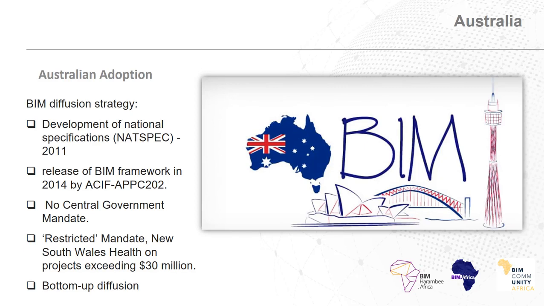Australia also falls into the category of countries with an advanced framework for managing construction using BIM, along with the US and the UK. BIM is being moved by both the government and industry stakeholders. The move is in collaboration between government and non-profit organizations through the development of National Specifications, or NatSpec, in 2011 and the subsequent release of their first BIM framework in 2014 by